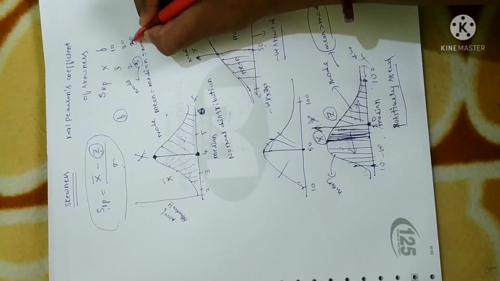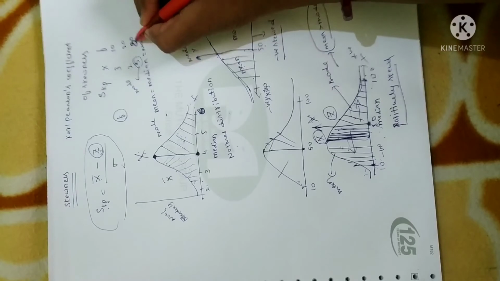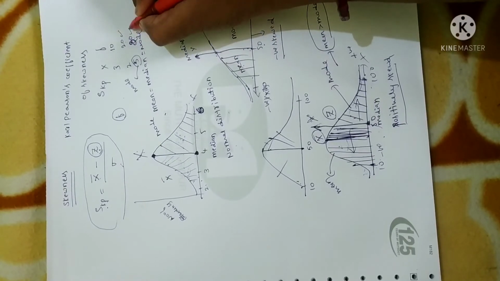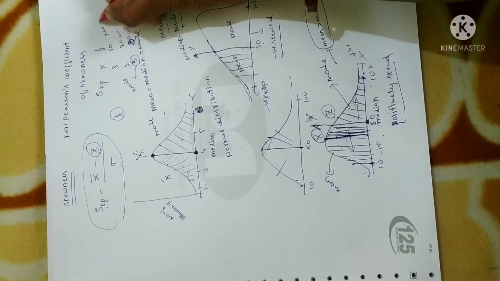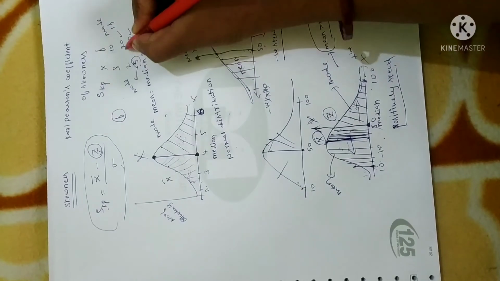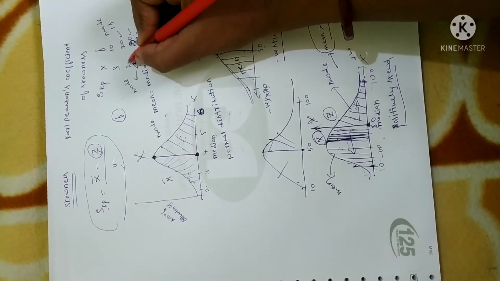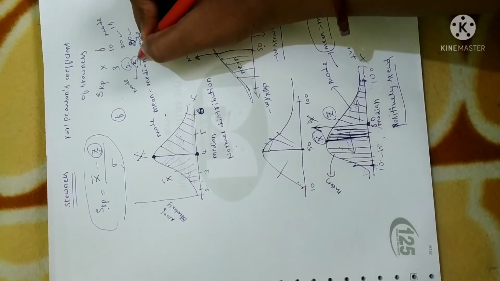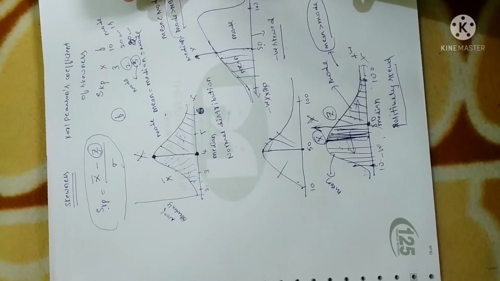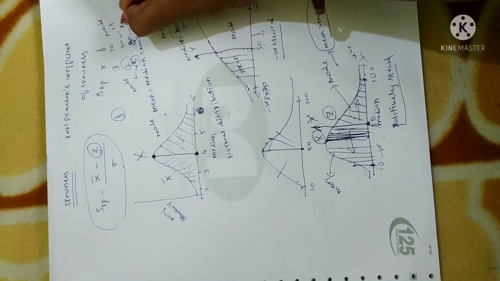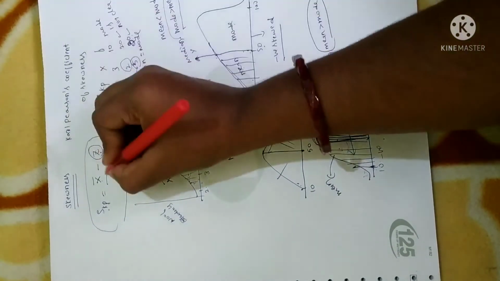Suppose the highest frequency is repeated twice. Here 20 is the highest frequency, which is repeating 2 times. So in such a case, mode is not clearly defined, right? Then we get confused about whether we have to choose mode 2 or 5. So it is ambiguous, in the sense that it is not clearly defined. So if mode is not clearly defined, we cannot use this formula.